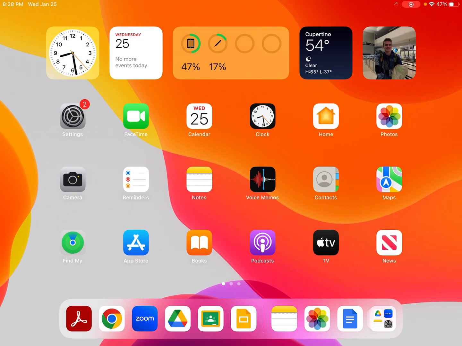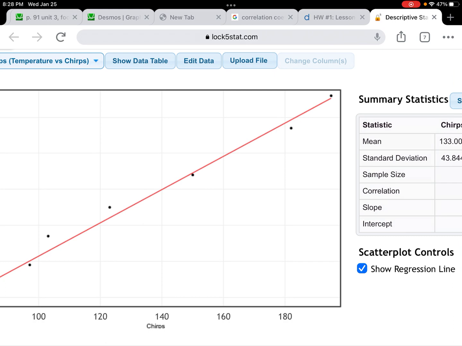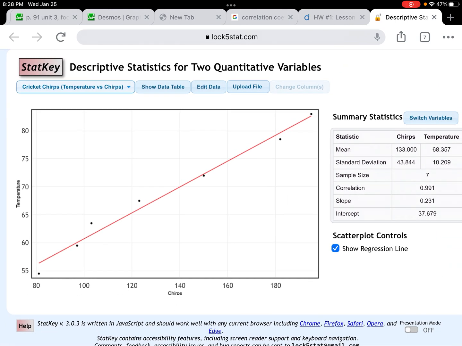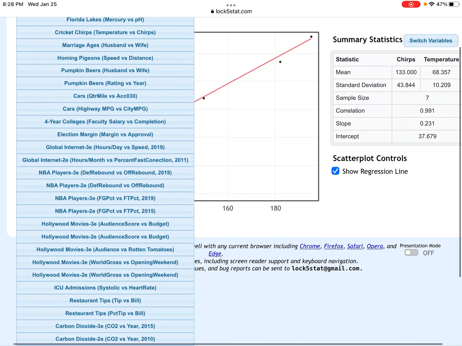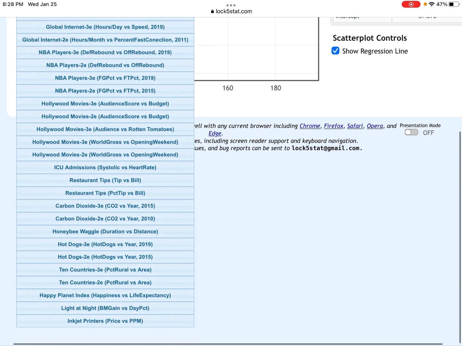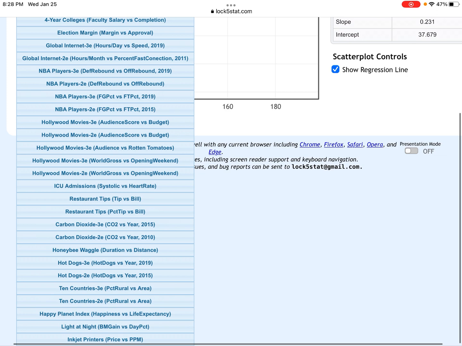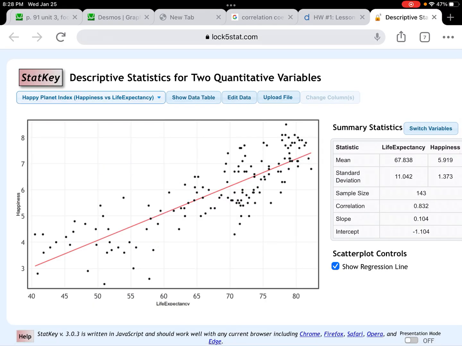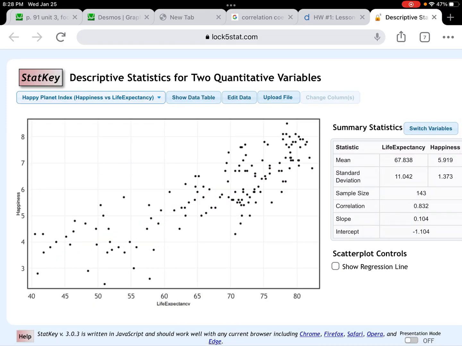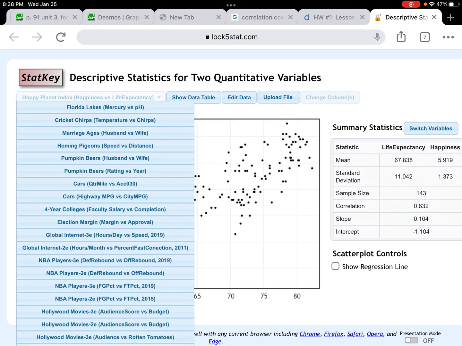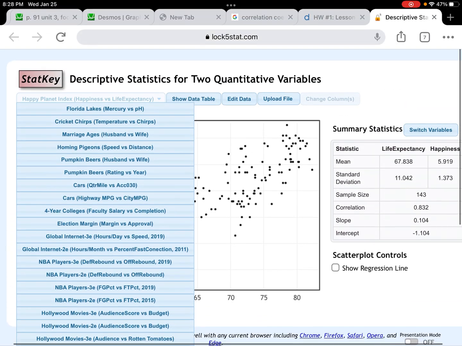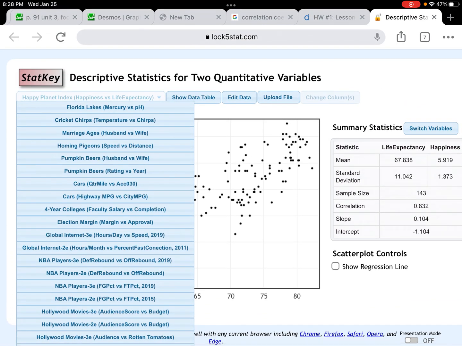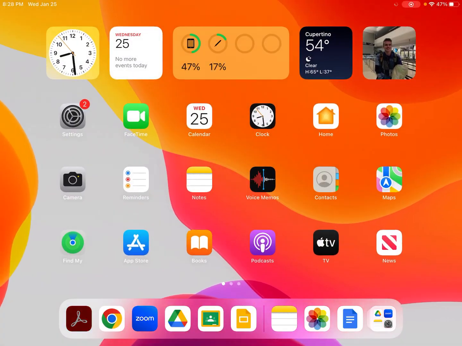So we're going to go on the website, and in this pull-down menu here, if we click the pull-down menu, there's all these different studies. Notice the happiness or Happy Planet Index is on there towards the bottom. You can do the regression line. And then you can choose other ones of these. Now, you want to choose one that also appears in this doc that I linked to. So if we go back to our worksheet,